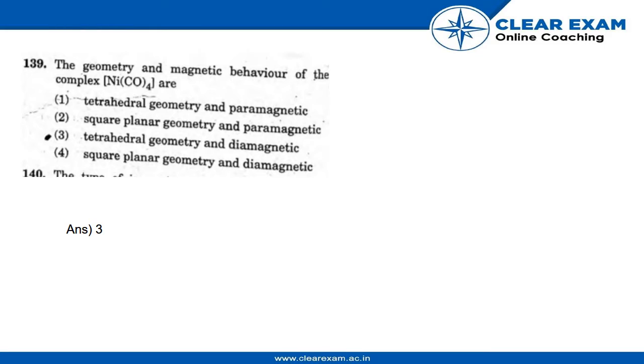The question is: the geometry and magnetic behavior of the complex Ni(CO)4 are? Number 1, tetrahedral geometry and paramagnetic; second, square planar geometry and paramagnetic; third, tetrahedral geometry and diamagnetic; fourth, square planar geometry and diamagnetic. So the correct